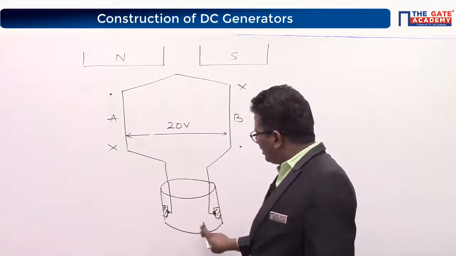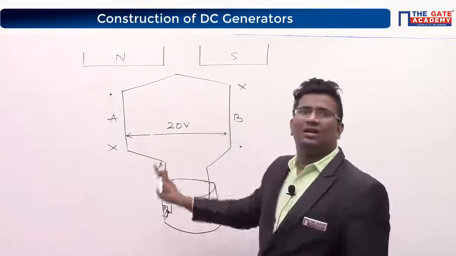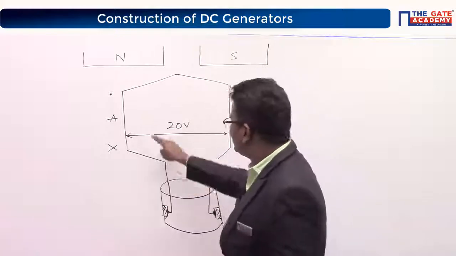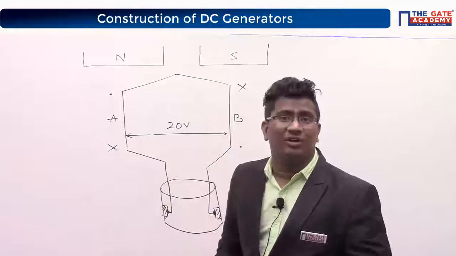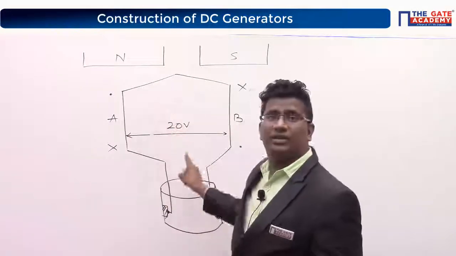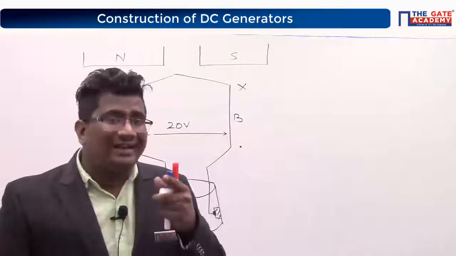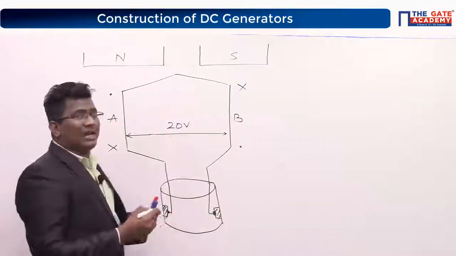And this is a conducting material. Definitely, indirectly we are saying that it is a short circuited coil, right? Will a short circuited coil produce circulating currents or no circulating currents between these two? Tell me. Short circuited with 20 volts. A large amount of current will be circulated in this region, right? Tell me, will circulating currents in the winding produce damage or not? To avoid that damage, what do I have to do?